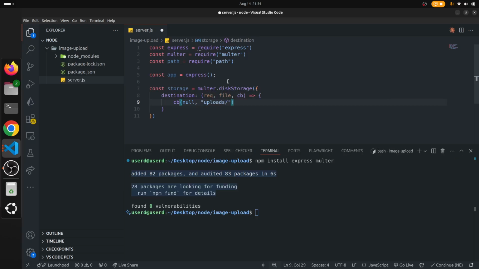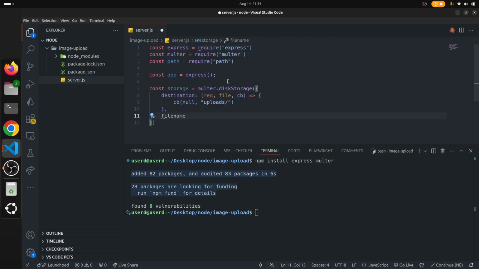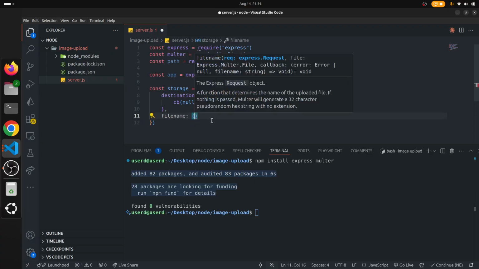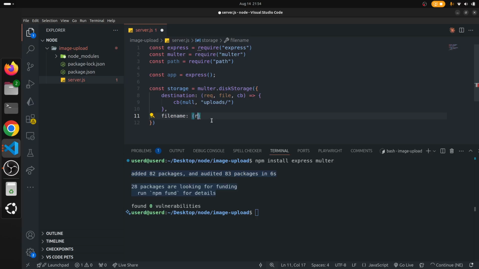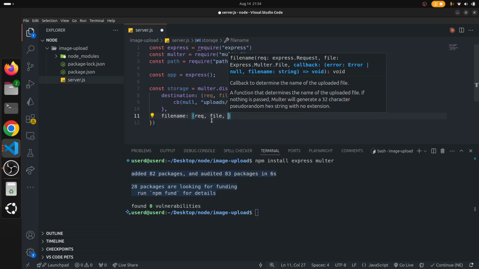Another thing, we'll need a filename in here. So filename, this will be a callback function again, request, file and cb,